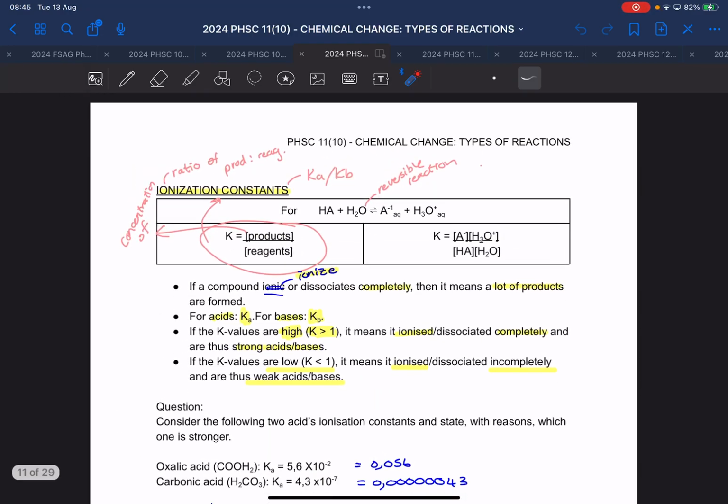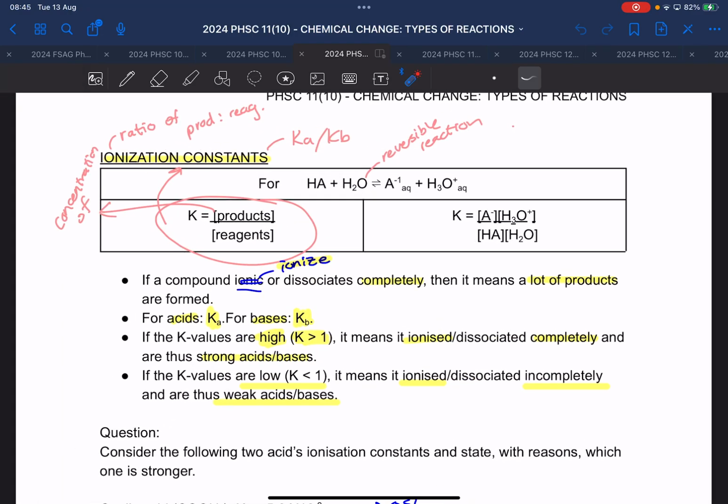About the ionization constant. What was that? That is when we show how something ionizes, how something reacts with water. Then we see what is the relationship, the ratio between products and reagents. Do you get a lot of products? Then your ionization constant is high, and high is bigger than 1. Or do you not get a lot of products? So most of the things stay as reagents, and then your ionization constant is low, and low means smaller than